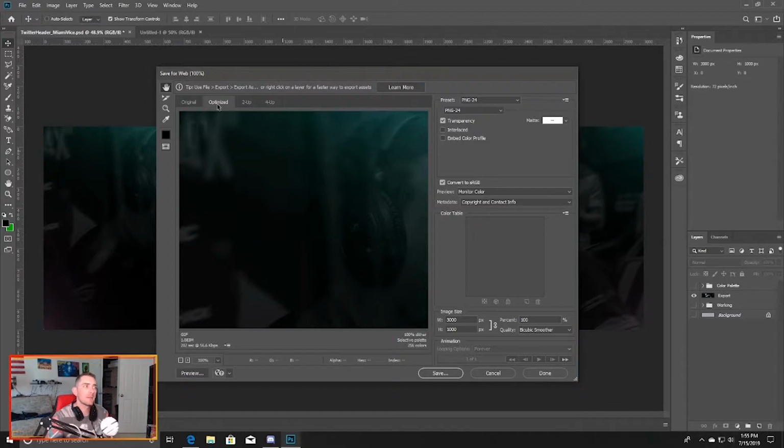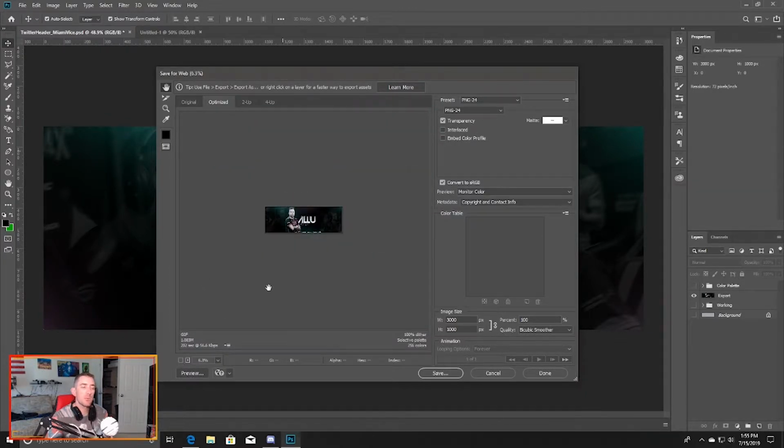You want to start looking right here. We're in the Optimized tab, so make sure that we're in Optimized. We're going to come down to the bottom of the picture. Right below it is this percentage with a minus and a plus button on the left side of it. If we hit that minus button until we hit about 6.3%, it's going to make this look extremely small. Why am I going to save it that small? Well, you're not. Don't worry about it, you're going to see what's going to happen. So go ahead and lower that to 6.3%,